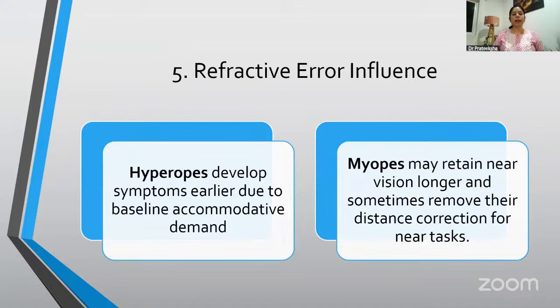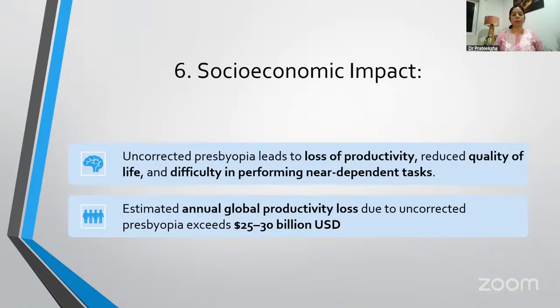Refractive error influence. Hyperopes develop symptoms earlier due to baseline accommodative demand. Myopes may retain near vision longer and sometimes remove their distance correction for near tasks. Socioeconomic impact. The uncorrected presbyopia leads to loss of productivity, reduced quality of life, and difficulty in performing near-dependent tasks. Estimated annual global productivity loss due to uncorrected presbyopia exceeds